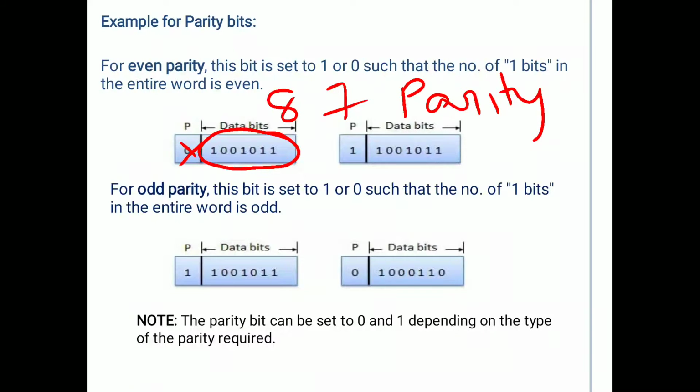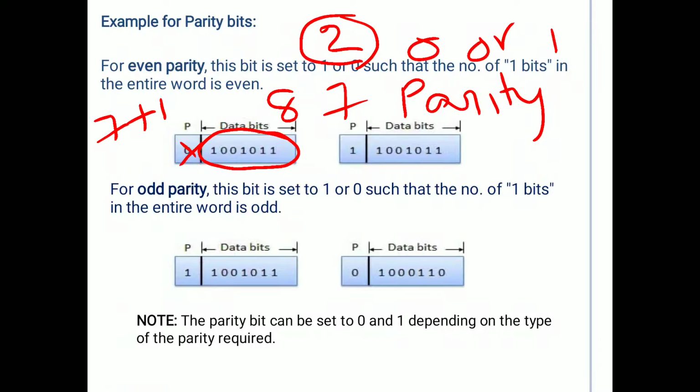Total is 7 plus 1, that is 8 bits, and one parity bit is empty, a null value. For one parity bit we have two possibilities. What are the two possibilities? One is 0 and the other is 1. So we have two options, either we put 0 or we put 1.